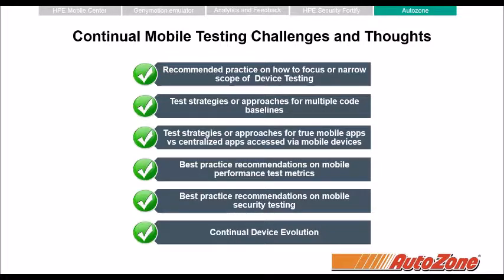Not everybody is using Xamarin, which allows you to use one code base across multiple OS types. What is the strategy for mobile apps versus centralized apps on mobile devices? What do we do as far as best recommendations on mobile security testing?